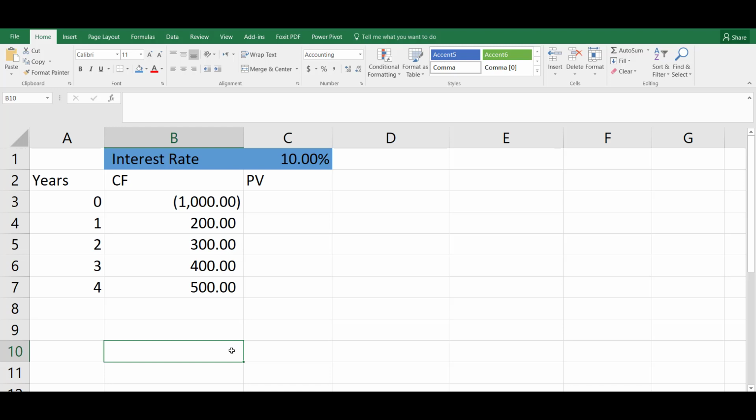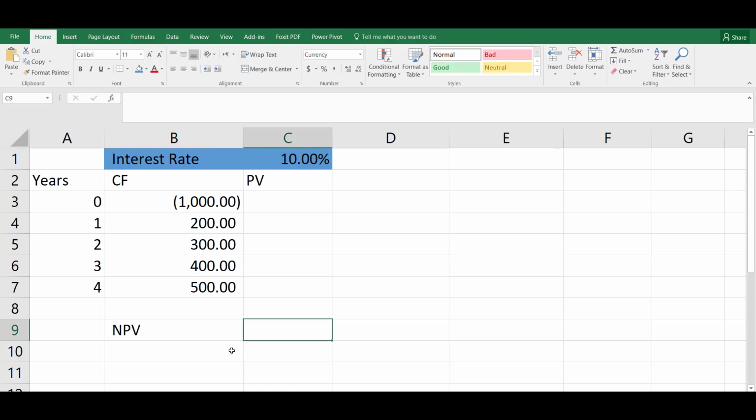To compute the internal rate of return, firstly we need to calculate the net present value of this project. In earlier video, I have explained how we can calculate net present value of the project. You can see the link in the description of this video.